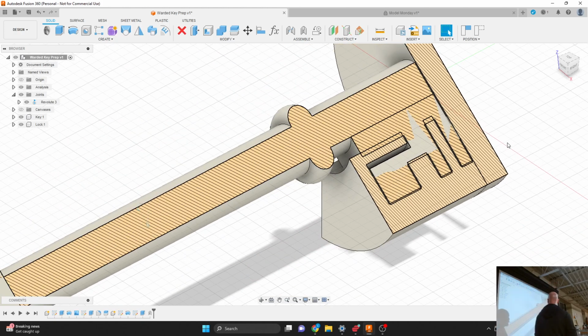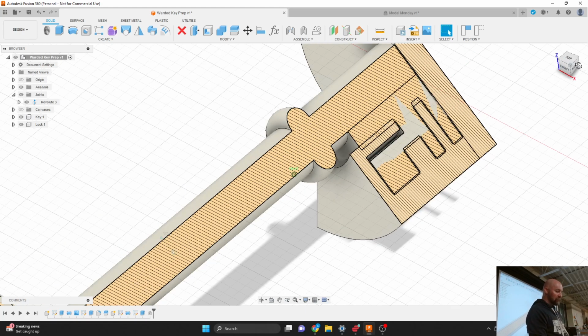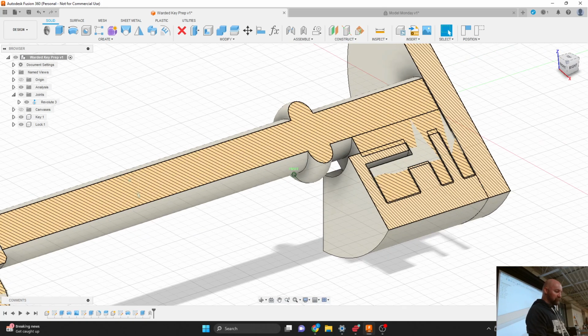And that is because the revolve that we did happens from the middle of my key, and my key has thickness. The key was made with an extrude, so you're going to have overlap there because the extruded shape extends out front and back of our shape that we ended up revolving. Long story short, the way to solve this problem